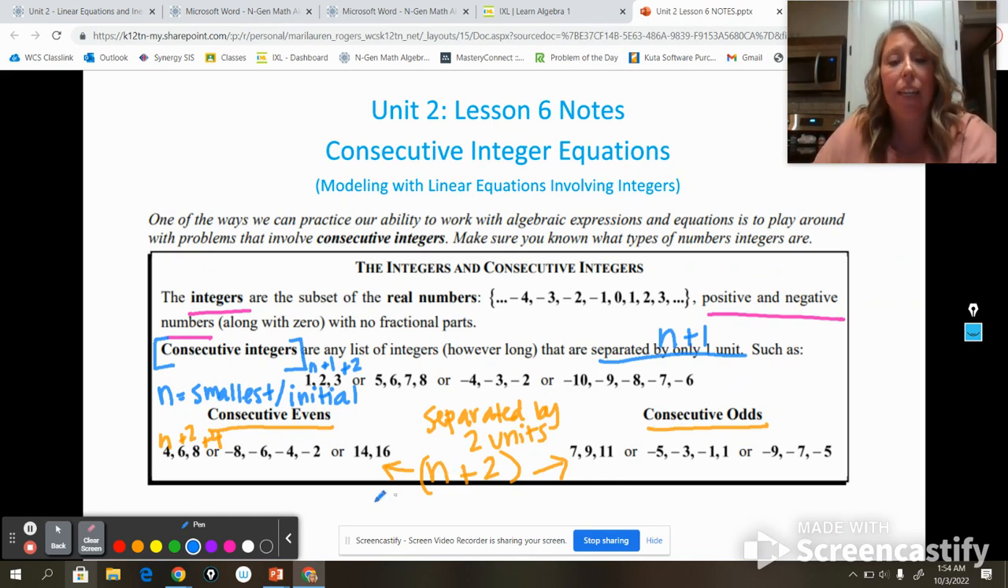This video was just about vocabulary, so I'm going to stop the video here, and then you'll find a second video for lesson 6 that deals with the example problem